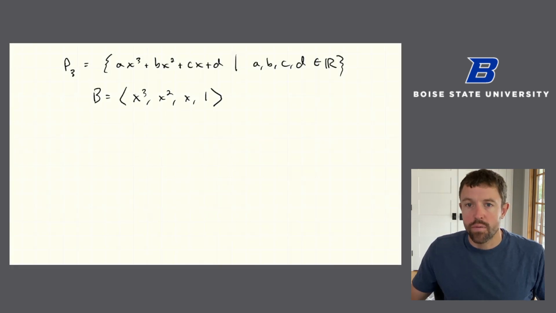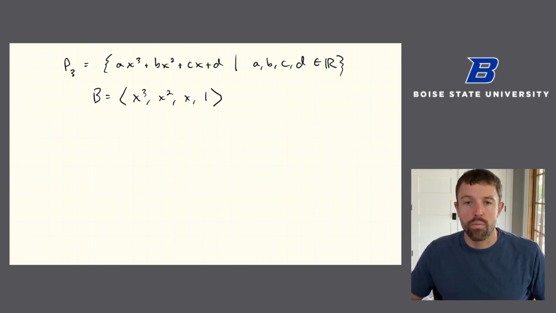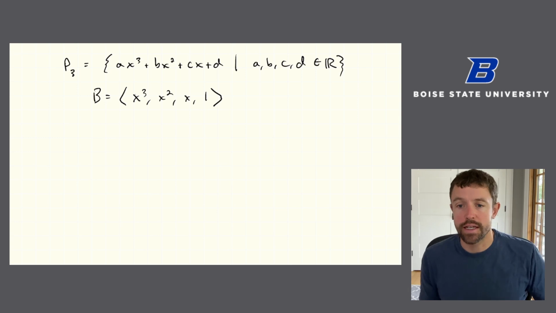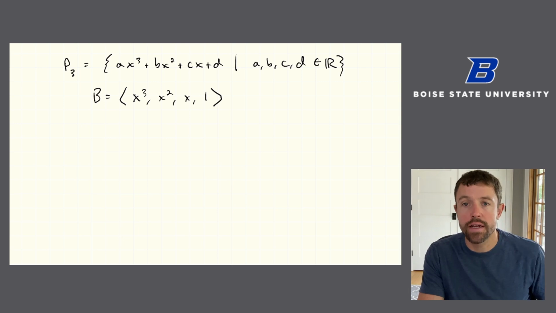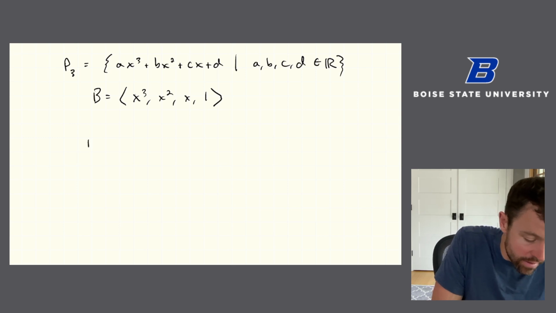Sometimes when we're trying to represent vectors in terms of a basis, there's no calculation involved at all. If you understand what representing in terms of a basis means, you can just write down the answer. And if you don't understand it, it's going to be impossible. This is one of those examples. So here I'm working with P3, and I'm working with one of the natural choices of basis. Remember, order matters for these bases. And this choice is x cubed, x squared, x, and 1. And if I want to represent a vector in terms of that basis,